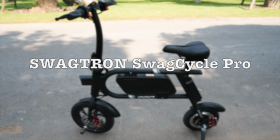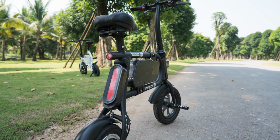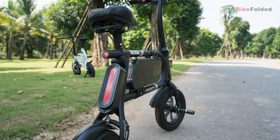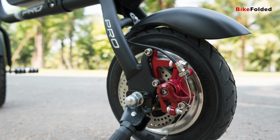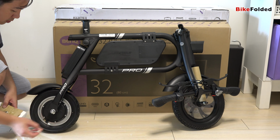SWAGTRON introduced a new e-bike lineup this summer, and the SWAGTRON SwagCycle Pro is one of them. This is an upgrade from the original SwagCycle released last year, so we can expect some significant improvements. As compared to the original SwagCycle, the SwagCycle Pro features pretty much the same design, but the manufacturer actually boosted